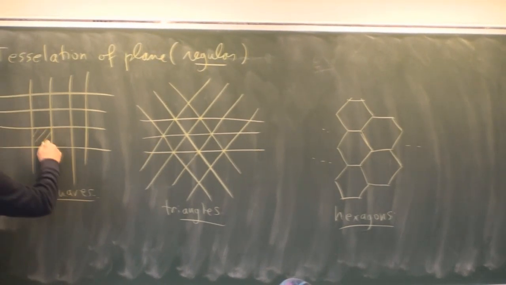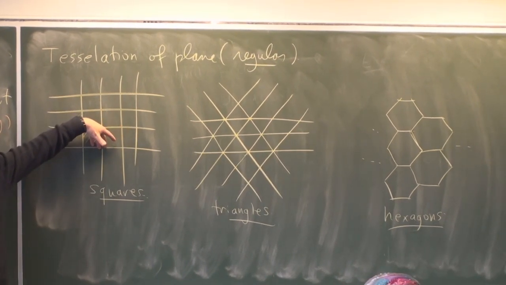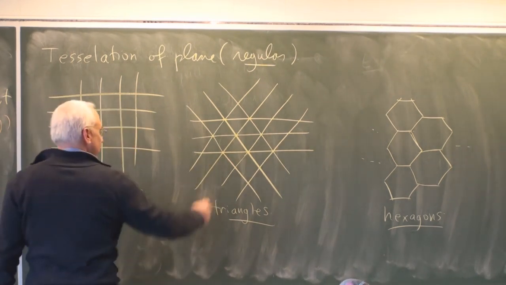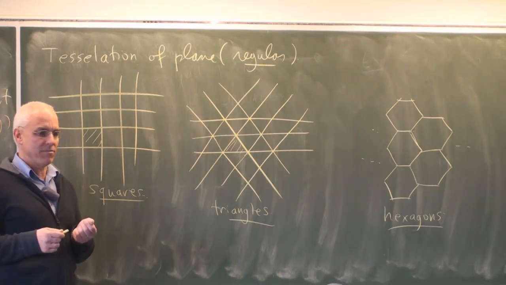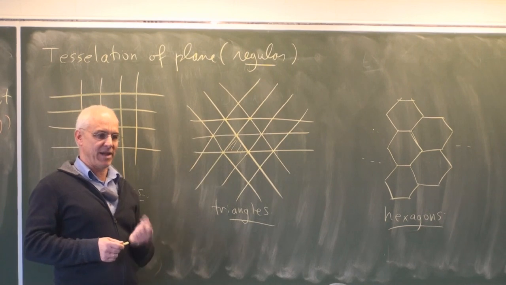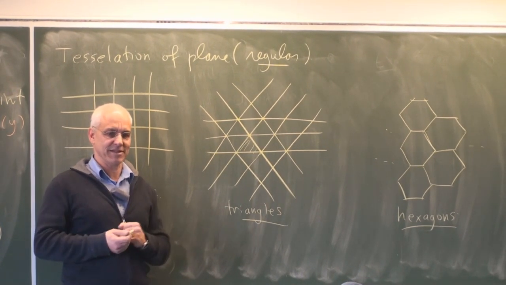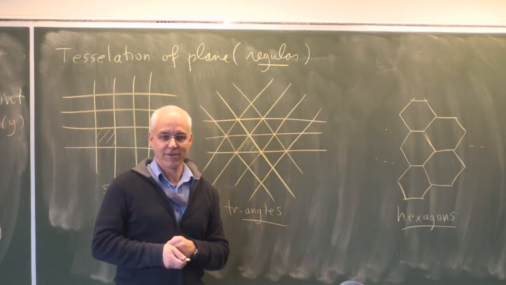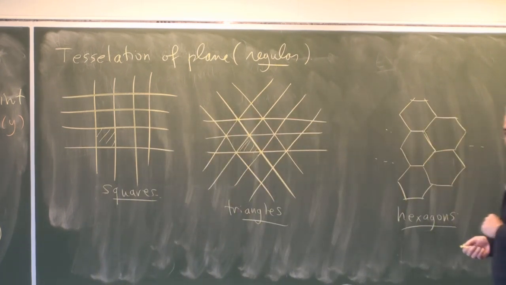We've taken this one and essentially used the group of symmetries of this to create the torus. This one here, it's a little bit more problematic to make a gluing. If we tried to take a piece like this and glue opposite sides, we'd be perplexed by the fact there's only three sides. So if we wanted to glue them, there'd be one left over. It doesn't seem to work too well. But the hexagon is quite nice because it has an even number of sides. And we could do exactly what we did for the square in this case. So what does that mean?